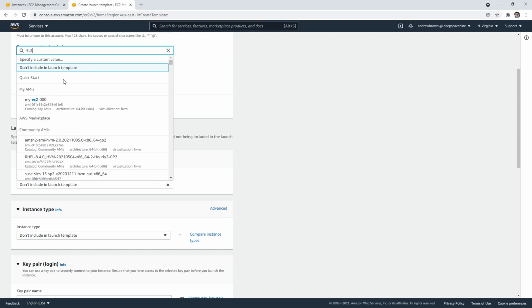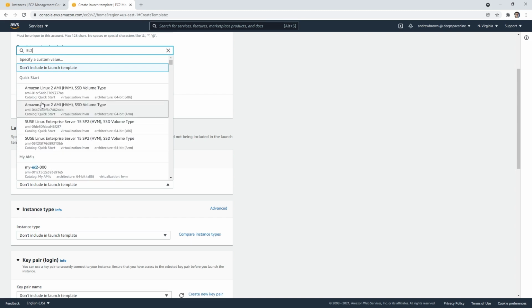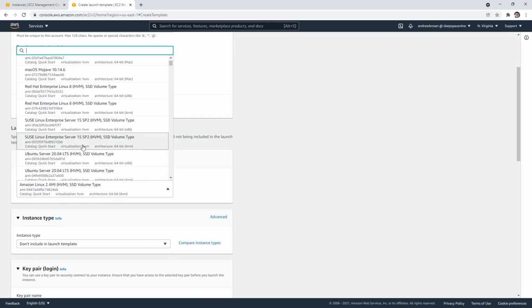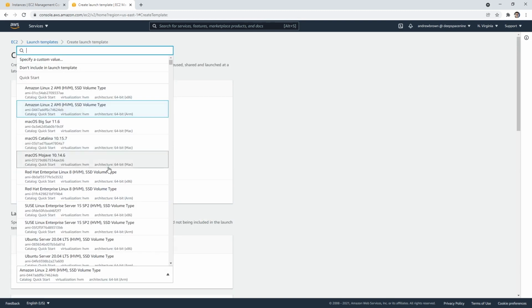I really don't like this search here. It's very slow and frustrating, but once we find it, whoops, that's why I don't like it, because a lot of times it'll be loading and you'll end up clicking the wrong thing. Okay, so,